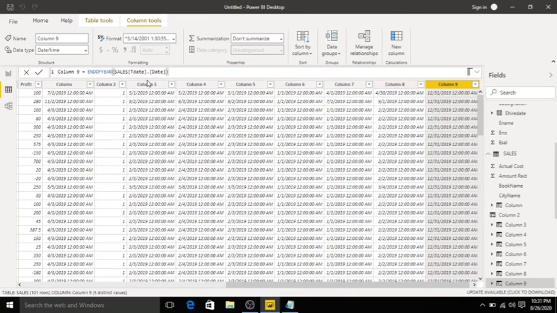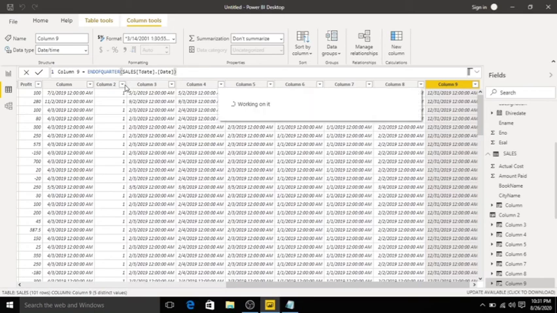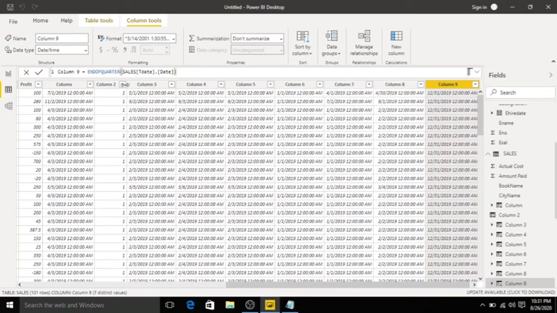We have another function called ENDOFQUARTER. ENDOFQUARTER returns the end of the quarter. Click Tab, click Enter. See, end of quarter will be written.